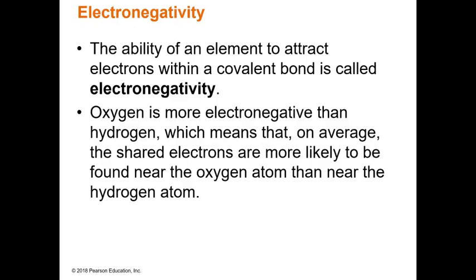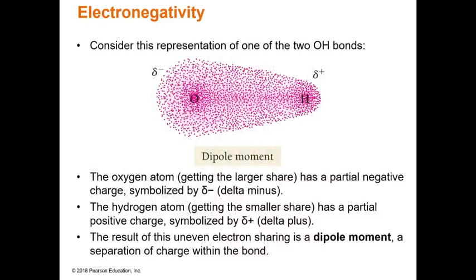This unequal sharing is due to electronegativity, the ability of an atom to attract electrons in a bond. Oxygen is more electronegative than hydrogen, so the shared electrons spend more time near the oxygen atom. This creates a partial negative charge on oxygen and a partial positive